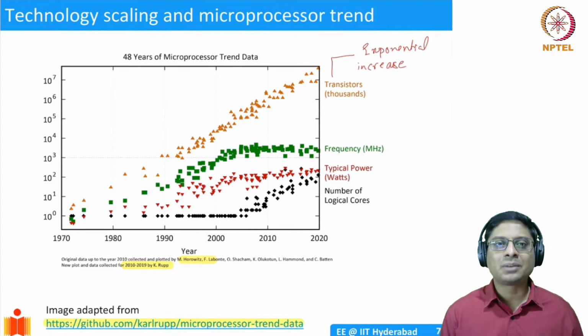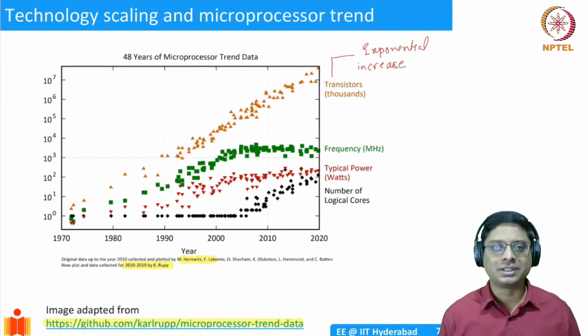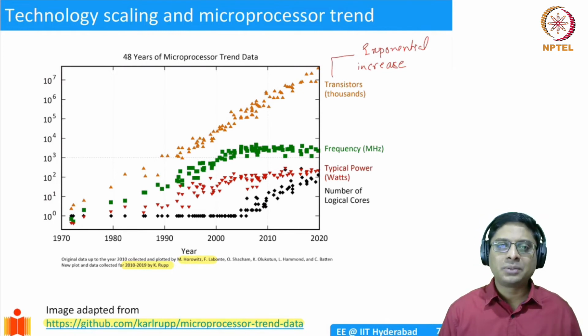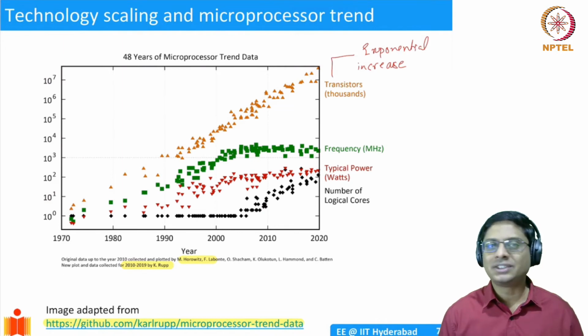That means your computers are more versatile. The microprocessor is more versatile and more powerful. You can have a larger bit processor. Initially we had 16 bit, then 32 bit, then now 64 bit, and so on, right? So you are able to have that because you are able to build in more transistors, and because of that, the processing capability is increasing. That is one of the features we have noticed.